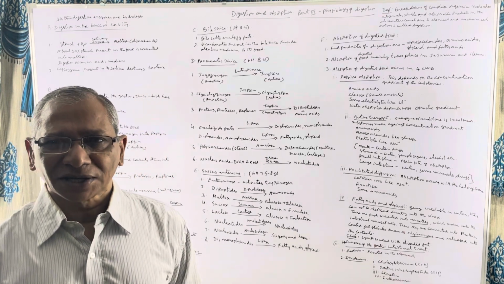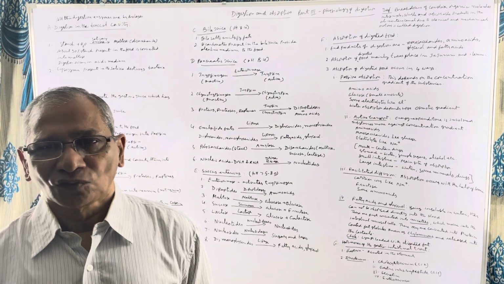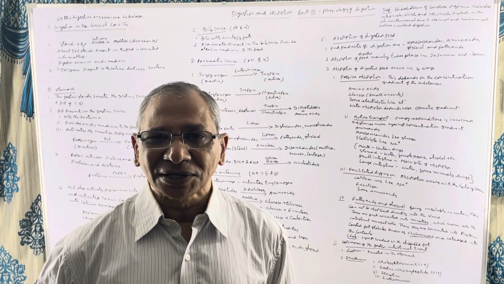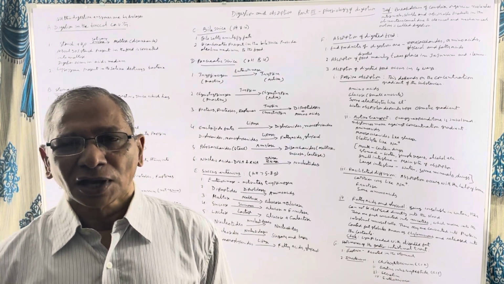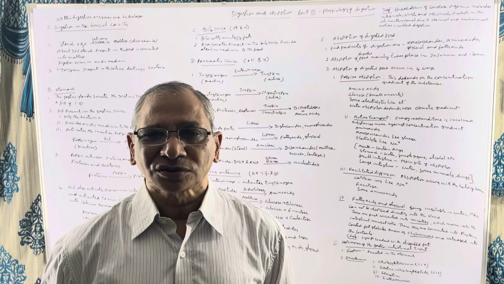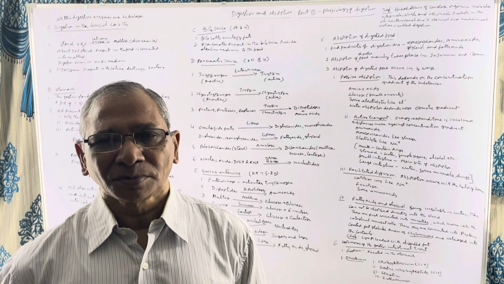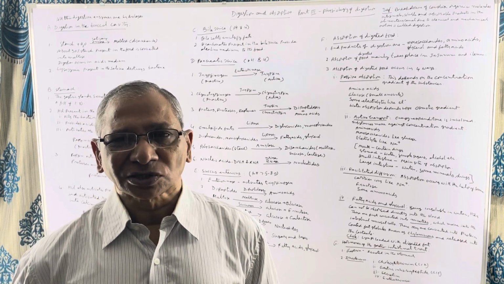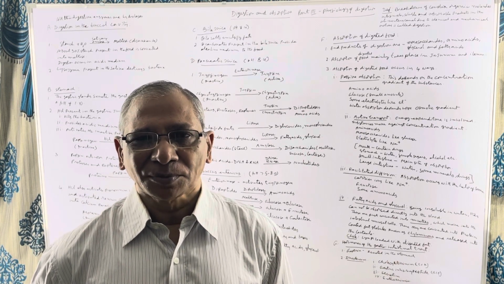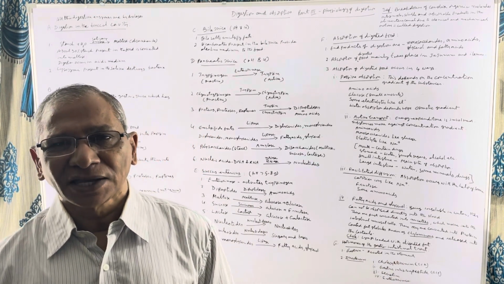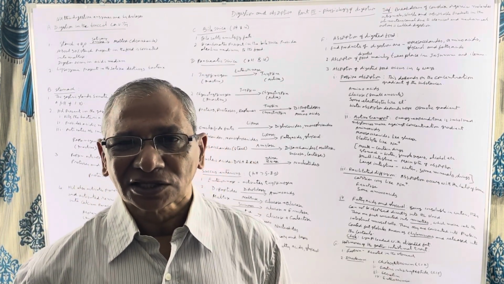Remember, in the stomach, food is digested in the acidic medium. In the small intestine, food digestion occurs only in alkaline medium. So, first of all, the acidic medium has to be removed and alkalinity has to be produced to the food. For this, the bile juice, pancreatic juice, the secretions of small intestine, all of them have bicarbonate. The bicarbonate removes acidity and provides alkalinity. Otherwise, the food cannot be digested in the small intestine.